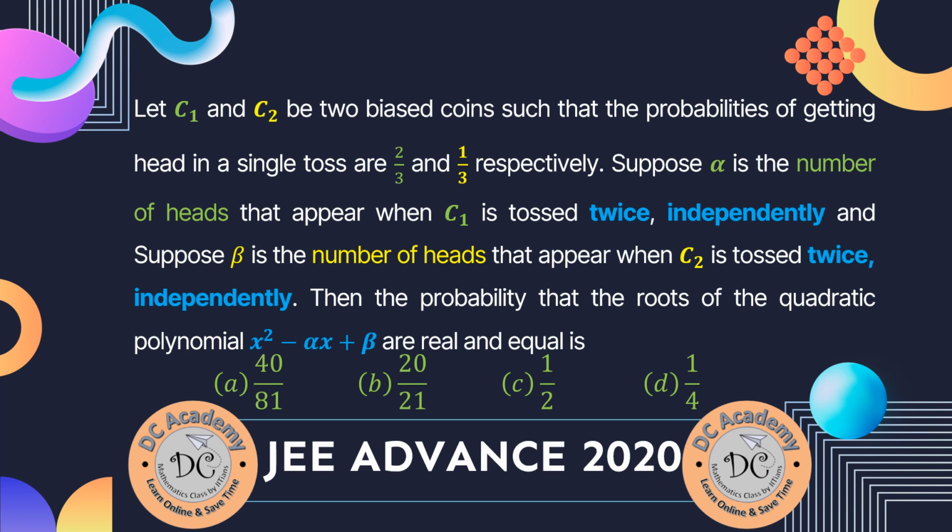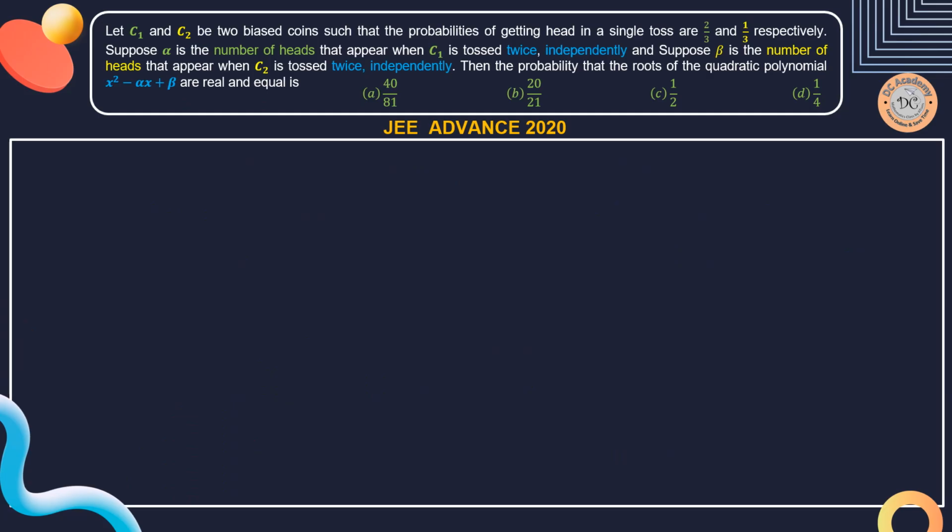Now we need to find out the probability that the roots of the given quadratic equation are real and equal. And that's it. So let's go ahead and solve this particular problem. So first, it says what are alpha and beta. So we can simplify the problem as: alpha, beta are the number of heads